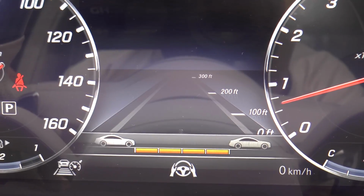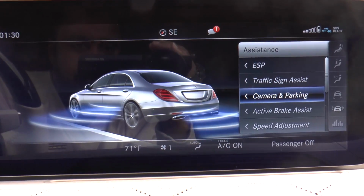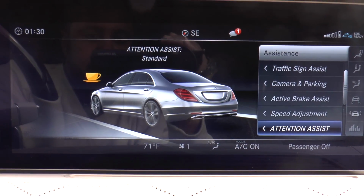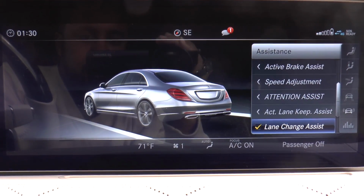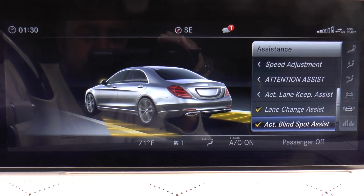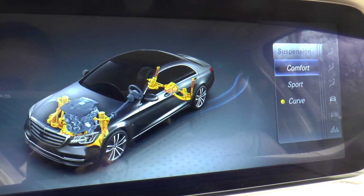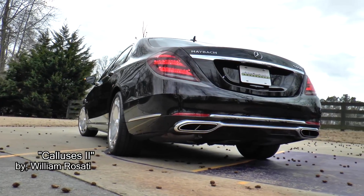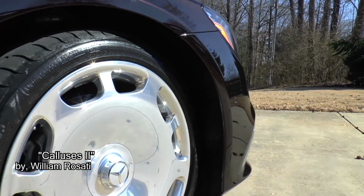This car provides a lot of driver assist features, such as active distance assist Distronic, active steering assist with emergency stop assist and active lane change assist, active speed limit assist, route-based speed adaptation, evasive steering assist, and Magic Body Control with curve function. Believe it or not, there are things that don't come standard, such as the 20-inch Maybach